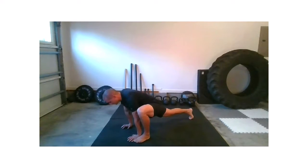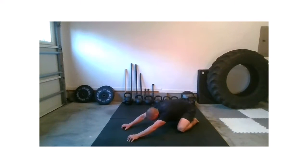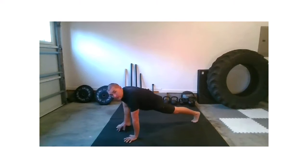Strong to the belly as we take the left foot back. Kick those knees out as we drop the knees to the ground. Sit back, child's pose. All right, you probably guessed what we're doing next. We're going to sneak our way back to that plank position. Right foot's going to come up. All right, and once we get there, we're creating as much distance from the top of the head through that left